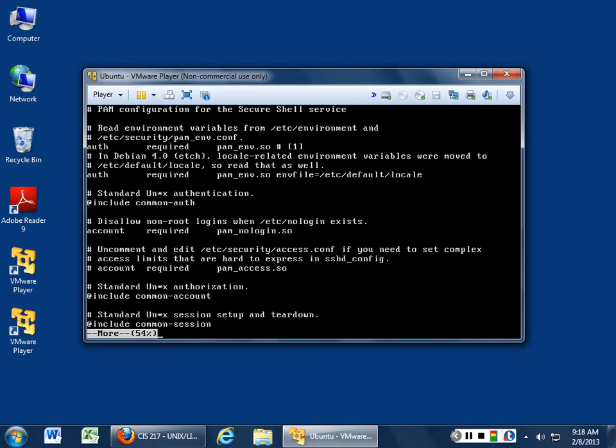And what it does is we open up each of the services that's created. So let's open up our new SSH program, right? Read the environment variables from the environment. First thing that it does. So auth required. So anything that uses SSH has to be auth required. Standard Linux authentication. It points off to common-auth, right? Disallow non-root logins when no login